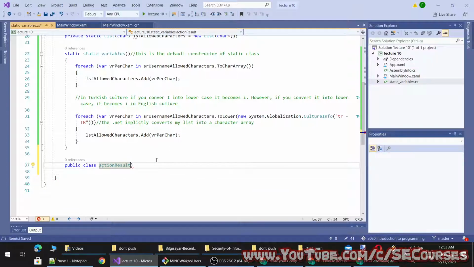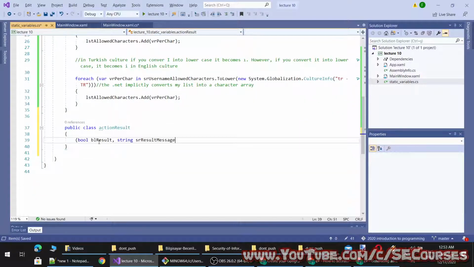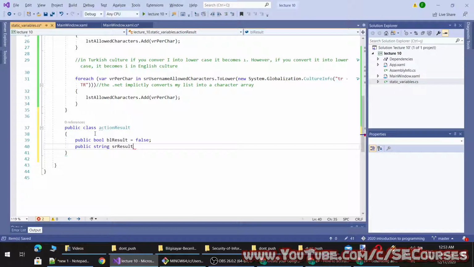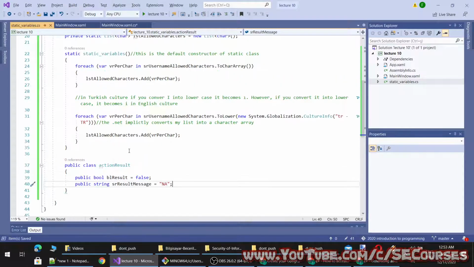I mean, it will have two fields, which will be public bool result. By default, let's make it false, and string sr result message. Let's make it by default NA, not available.